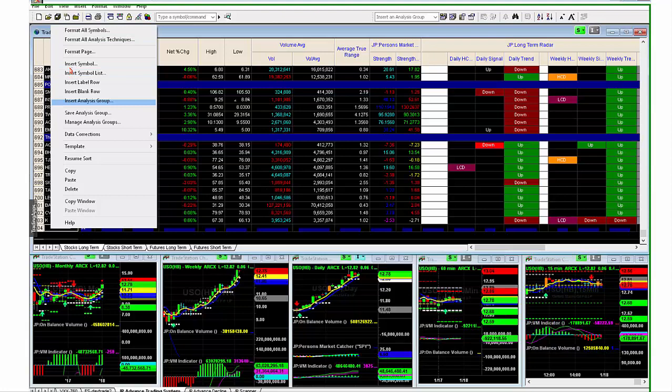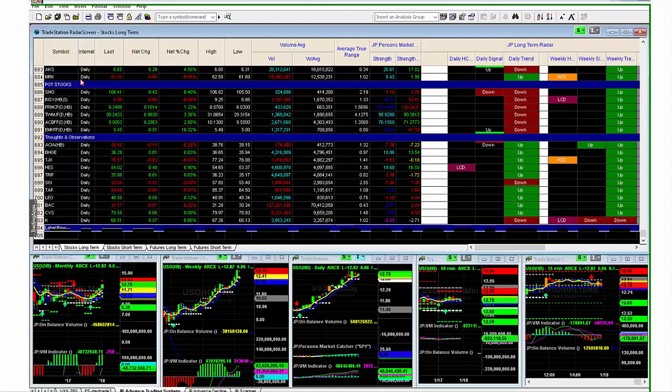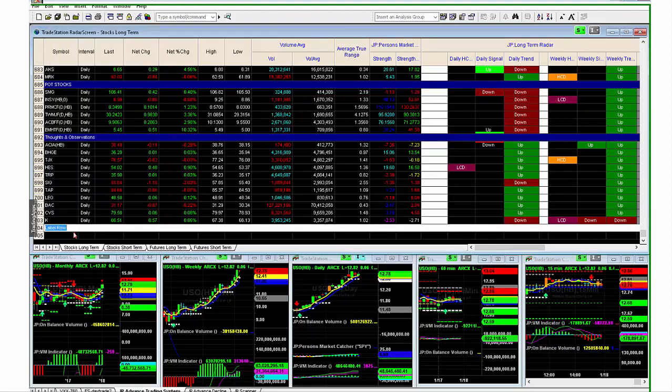And how do you find that? Simply right-click on a blank row and insert a label row. Once you have a label row, double-click on it, delete the label row text, and just start typing whatever you want. So you want my favorite